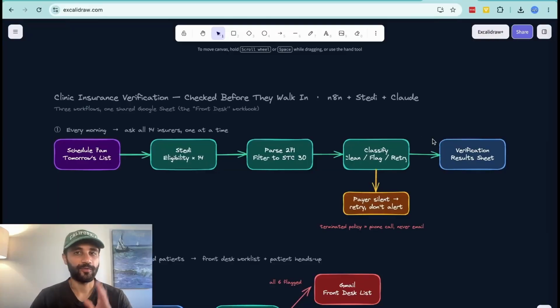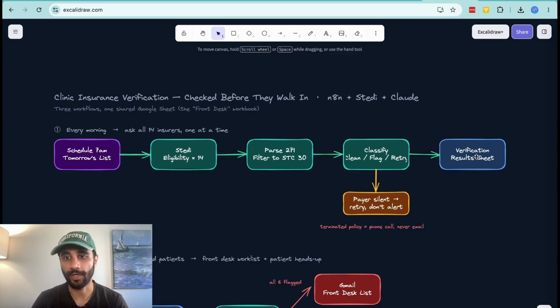breaks. Okay, so before we start building, let's take a look at what this is going to look like. So this is our first workflow. It's going to run at 7 a.m. and then we're going to look at our CRM, and then we're going to place requests to a clearinghouse called Steady. We're going to use mock data here, and what Steady is going to do is give us details about each patient, whether they're covered, whether their policy is active, whether they have already met their deductible or not, and